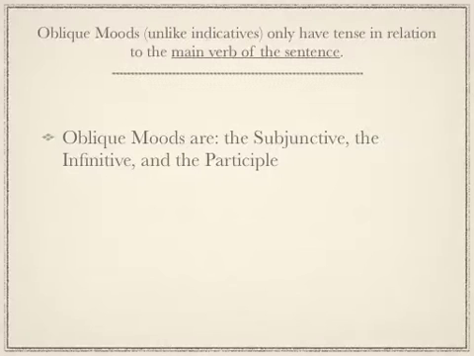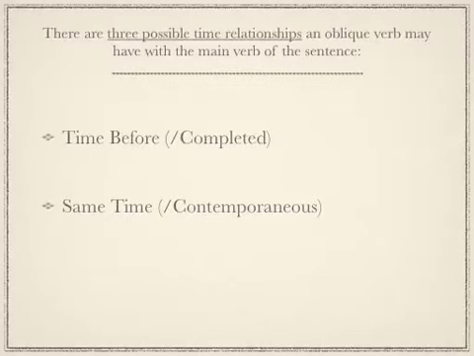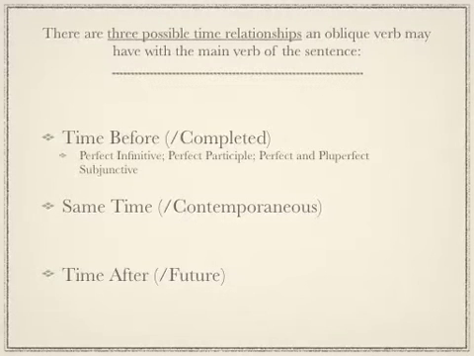And what I'm going to try to do here is show you ways that they are like each other in translation. Okay, so the three time relationships you should already be aware of. There's time before or completed aspect, there's same time or contemporaneous aspect, and then there's time after, which is the future. Right? The verbs that tell you time before are the perfect infinitive, the perfect participle, the perfect and pluperfect